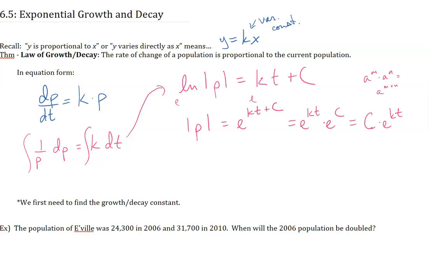Now, when we are talking about population, we can't have a negative population, okay? Normally, if we're solving a differential equation and we have absolute value bars around this, we have to have a plus or minus to take care of the possibility of a positive or negative for whatever is inside here, okay? We saw that with the slope field notes. But here, it is okay to just say P equals, and we don't need a plus or minus because there's no negative population,